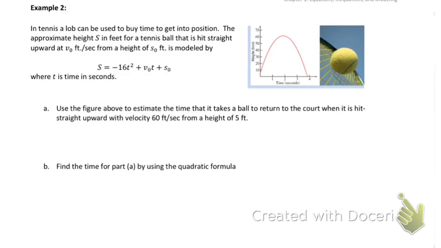All right, in the homework, a lot of them are going to be modeled after this. I'm going to give you an equation that models a real-life instance. You have to apply something to it to figure out where your values go into it and how to solve it. So in this case, we have a tennis lob. It can be used to buy time to get into position. The approximate height s in feet for a tennis ball that is hit straight upward at a velocity of whatever speed we have, feet per second, from a height of s sub 0 feet is modeled by that equation